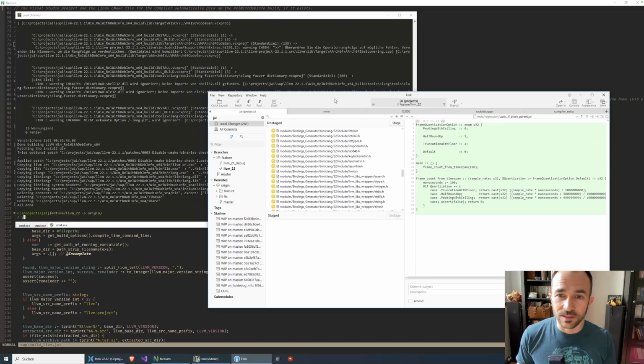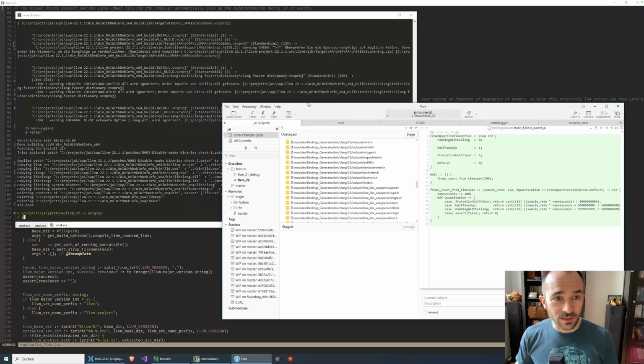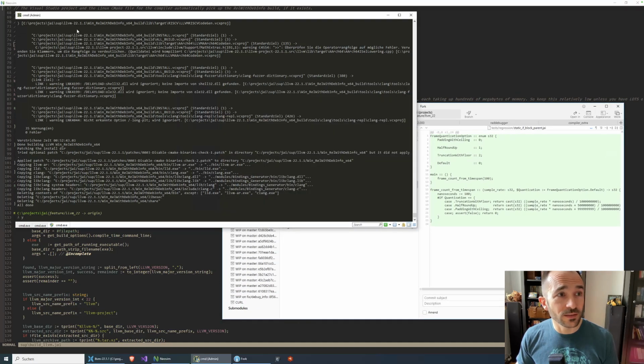I've done some preparations off stream. Yesterday, I kicked off the compile cycle for LLVM 22, because on Windows it takes hours, since you need to make two builds. One against the Windows C runtime with debug info, whatever you call it. There are these two versions, I don't even know the names of these things. But basically, you can compile against the